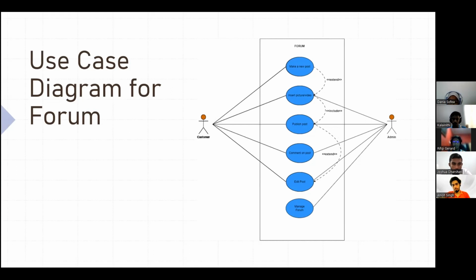Customer can make a new post, insert picture or video and publish their post. They can also comment on posts and edit posts within the forum. The admin, on the other hand, has additional privileges, which is managing the forum. So the use case diagram provides a visual representation of the key interactions and functionalities within the forum. So next